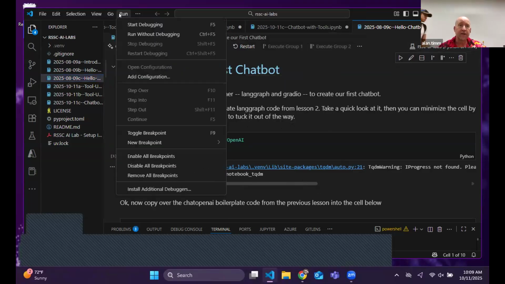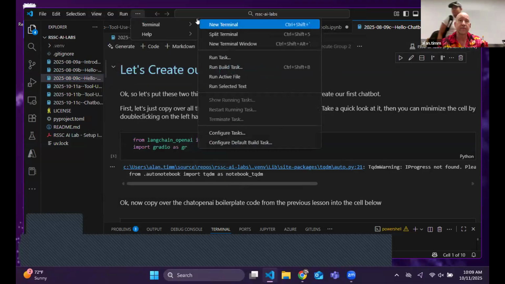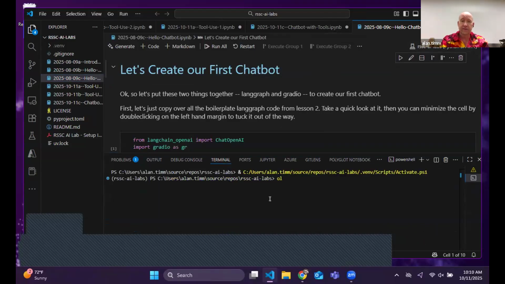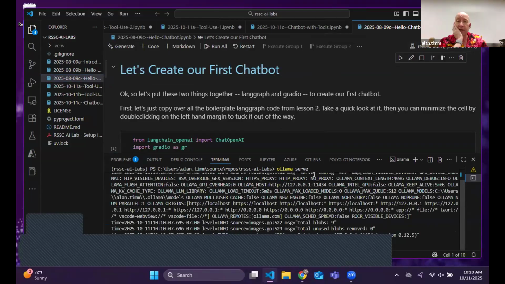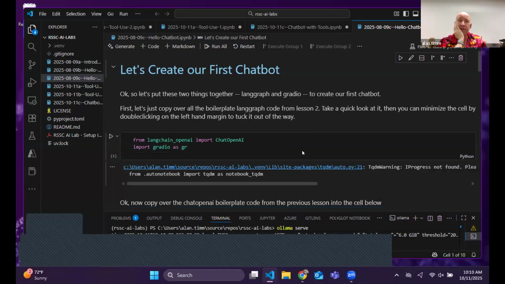We need to make sure that if you're running Ollama, we have Ollama serve running in the background